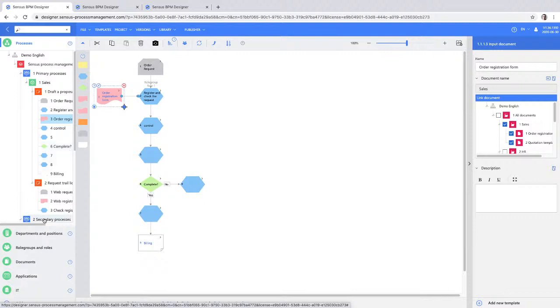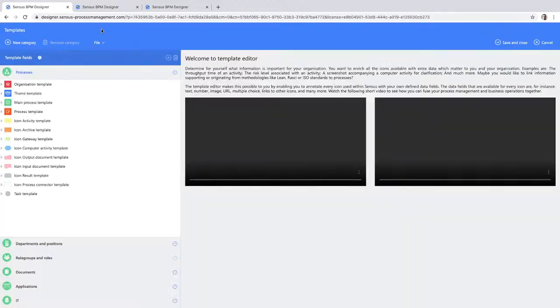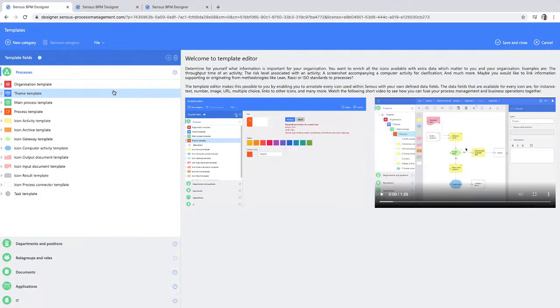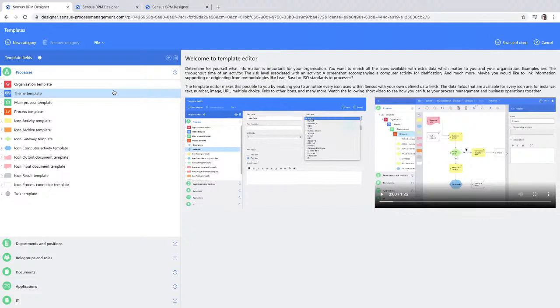Now I will come to the part that I said, on every icon you can easily add new information fields. You have to go to the template editor, and that's here, the templates. And of course, not everybody in your organization will have the right to use this function, because you are making changes to the icons themselves, and that is not for everybody